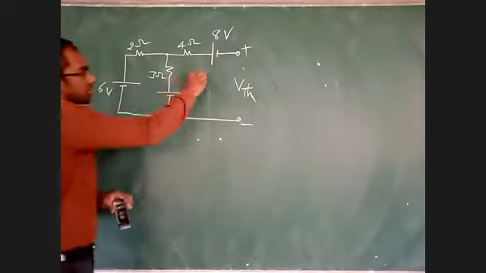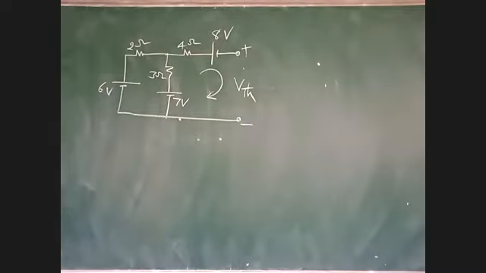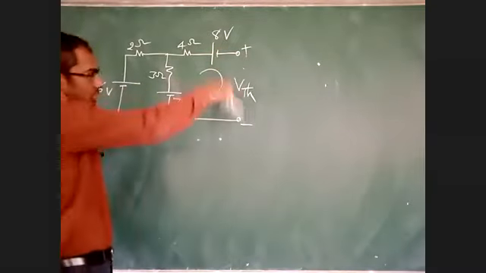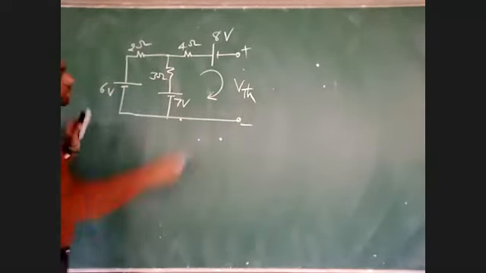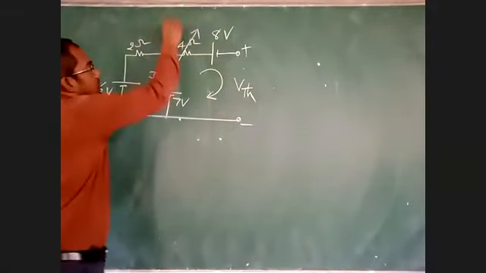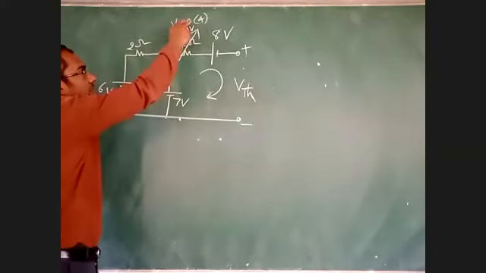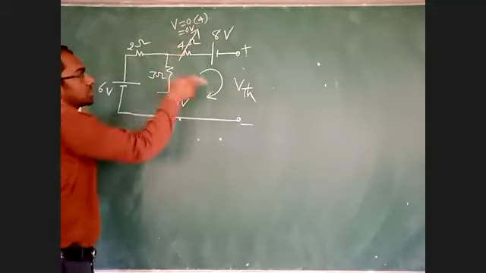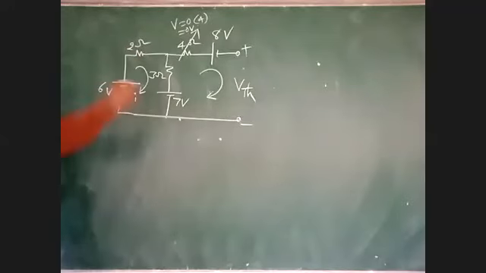Here I will consider one reference direction. This is not a current direction, because the current is 0 in that loop. Why? Because there is an open circuit here, and here. That's why the current is 0 in this. If the current is 0, what is the voltage in 4 ohms? 0 volts. Your resistance is 4, but the current is 0; I into R, and the I value is 0. But in this 3 ohms, what is the current? I. 3I. Assume this is the closed path.